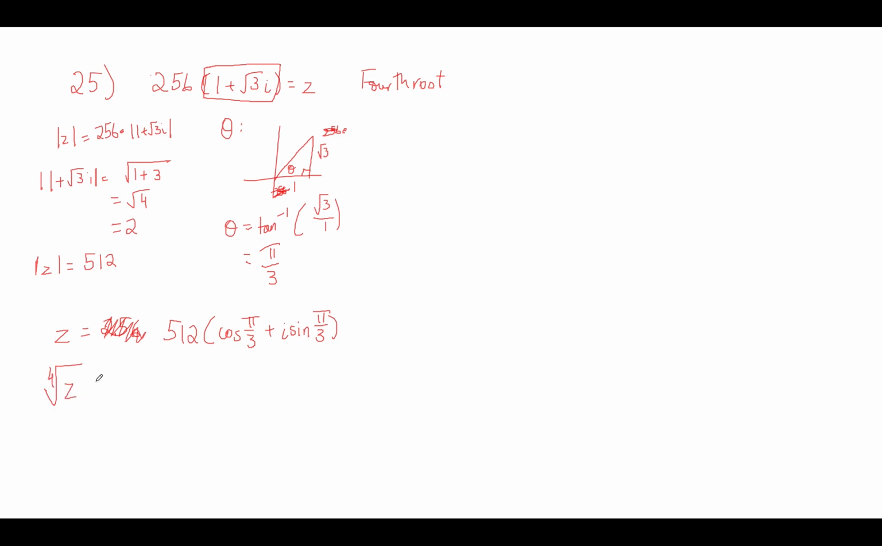So we're doing the fourth root of z, which would be the fourth root of 512 times cosine of (pi over 3 plus 2 pi k) divided by 4 plus i sine of (pi over 3 plus 2 pi k) divided by 4. So now we're going to go through the k values and start writing that in. So for k equals 0,